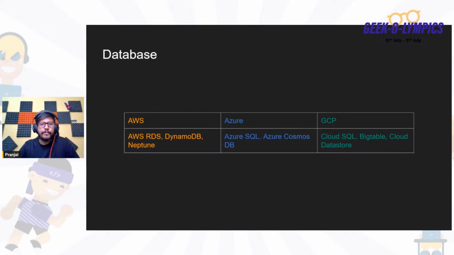And then we have the database. We're going to store the structured data. Both of them provide different services for storing structured data. It could be a relational database, or it could be NoSQL, something like that. You can use these services in order to create the database. Database is something which is used all the time. Whenever you create any application, there will be some kind of database. Here I just mentioned the SQL and the NoSQL database. Also we have some cache databases which you can create with the help of the cloud service provider.